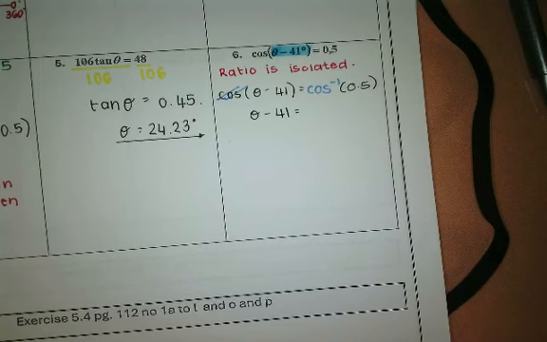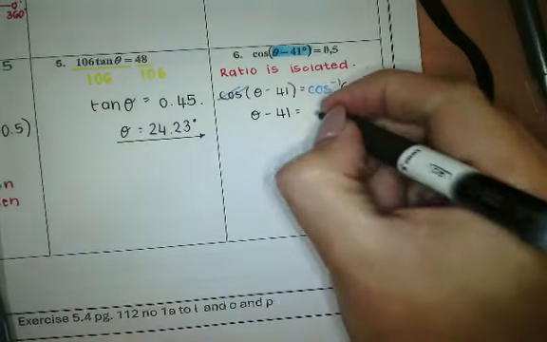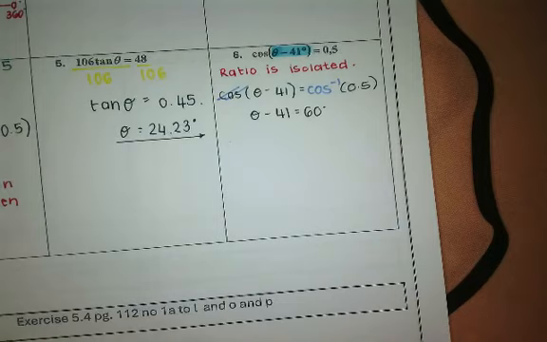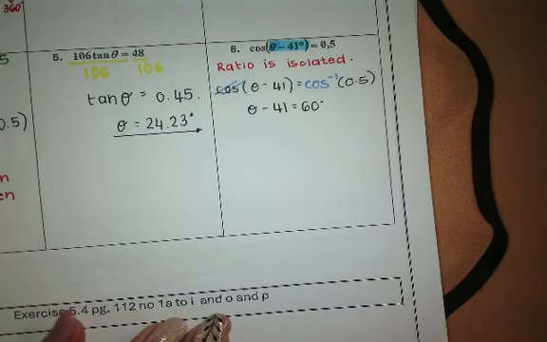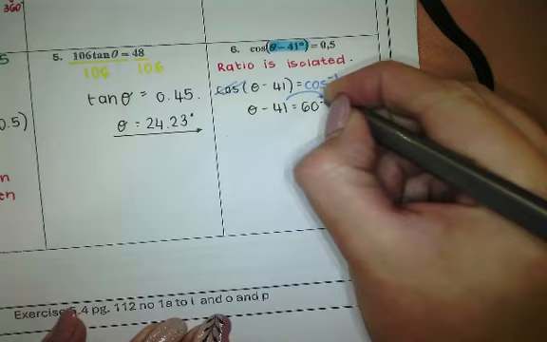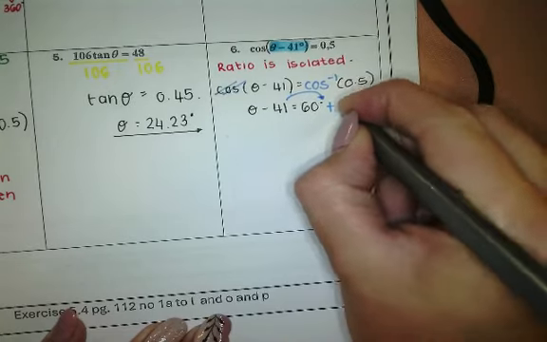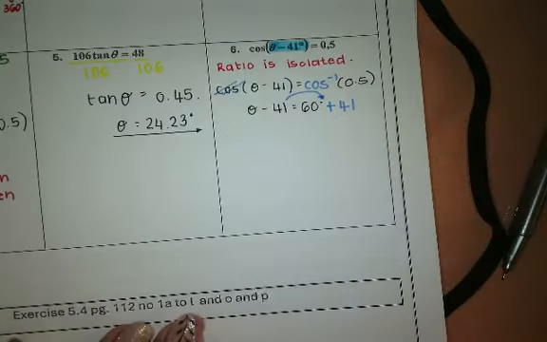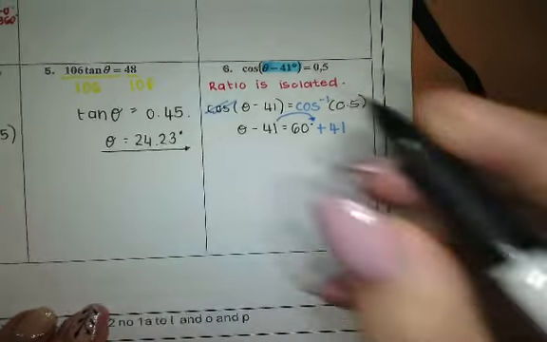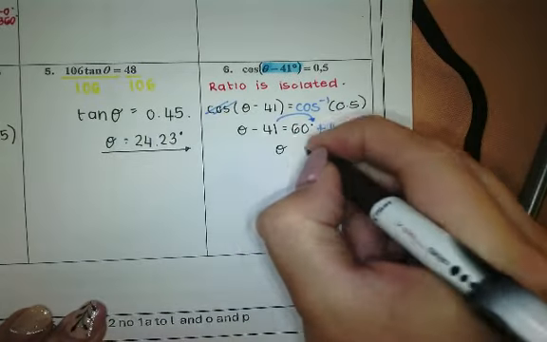Second function shift cos 0.5 gives me 60. Any questions, grade 10s? To get theta on its own, we're going to take the 41 over and it becomes plus 41. So theta's value is going to be